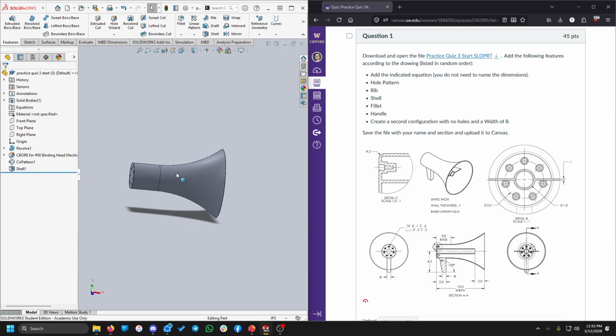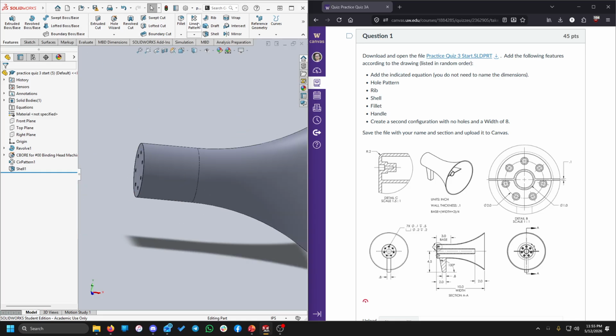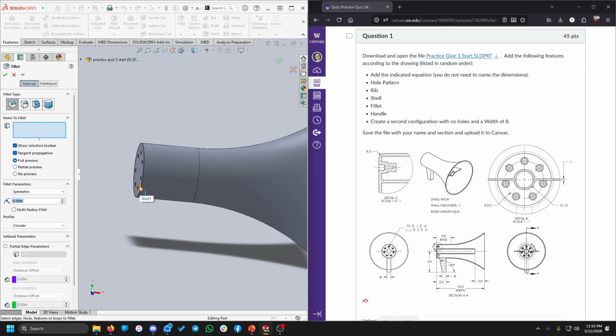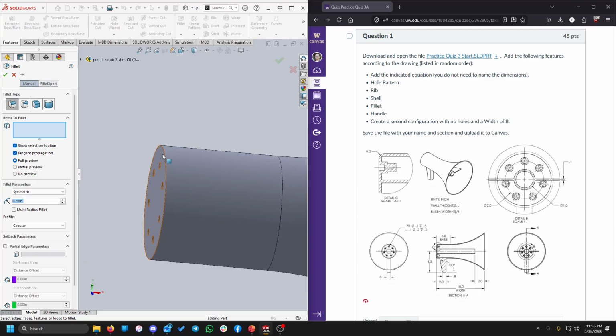Alrighty, let's do that fillet next. That's another one of those quick and easy features that is very easy to miss by accident. So this one, it's got a radius of 0.2, so we'll plug in 0.2 there for our fillet parameter. Select our edge, check mark,